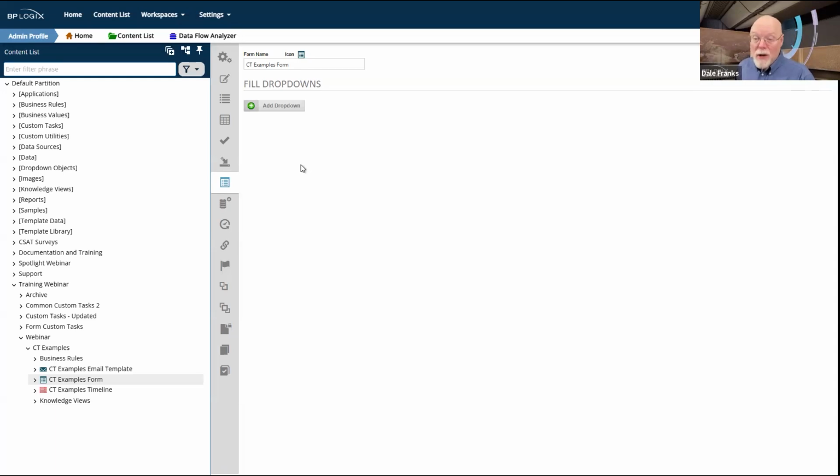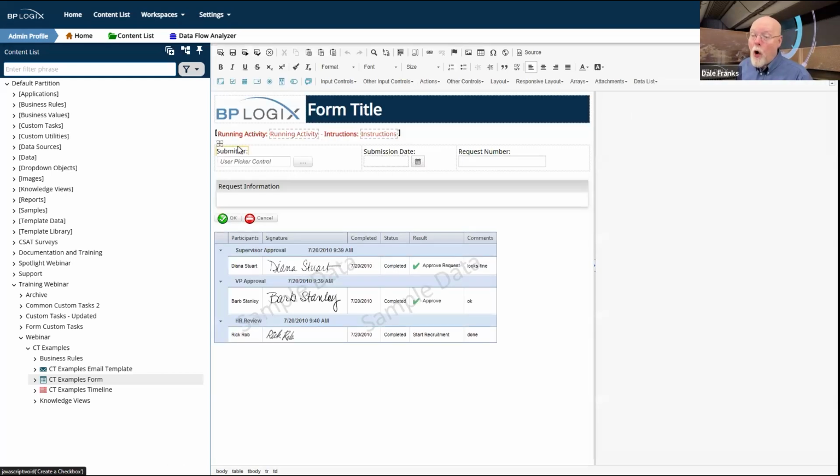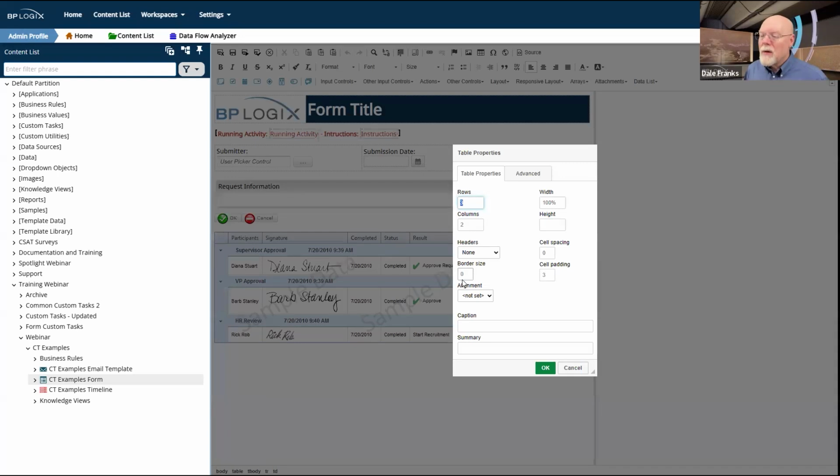One that is still vitally important to use is the set focus custom task. And you're going to use that one all the time. So we'll take this form and let's drop in a table here real quick. We'll give it one row and two columns.